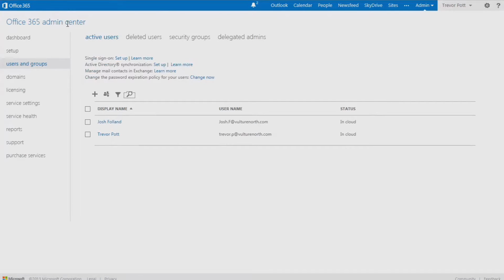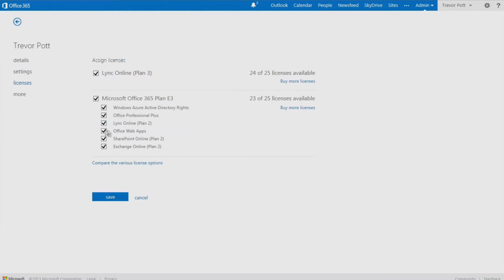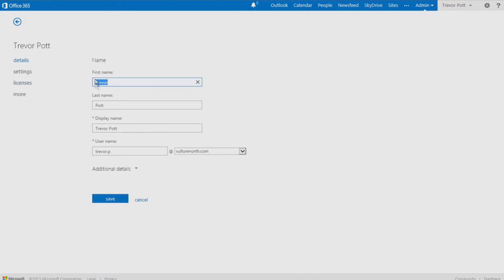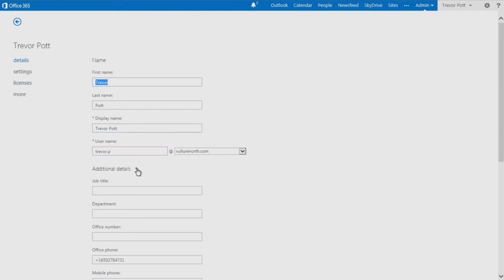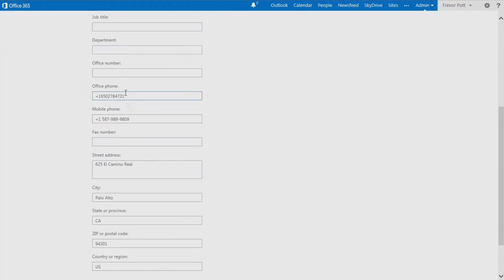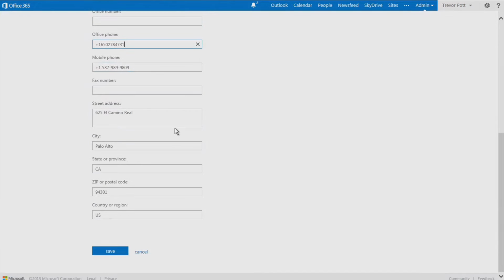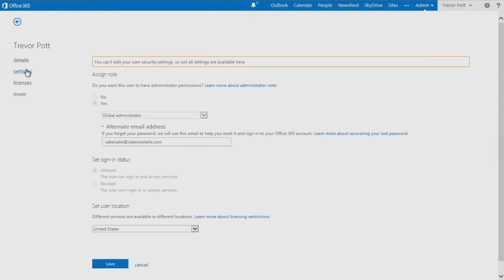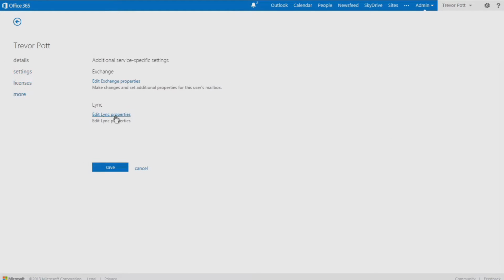To get at the Office 365 properties, which are sort of the general user properties for the user, click on the individual username. Here you can go through and set things like name, last name, and so forth, as well as all of the additional details. Of special note is the Office phone number, as this will be used for the link-to-phone communications for unified messaging. Under Settings, you have the roles, whether or not your user can access services, location, the licenses that are assigned to the user, and under More is merely where you can go to get at the Exchange and Link properties